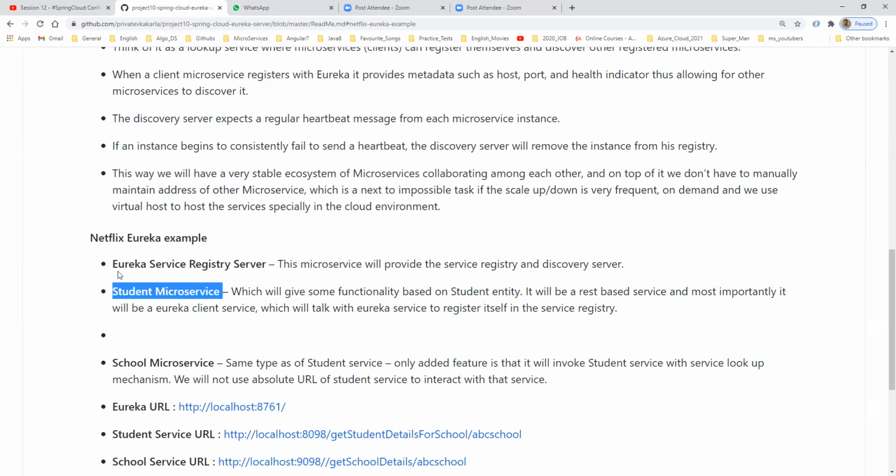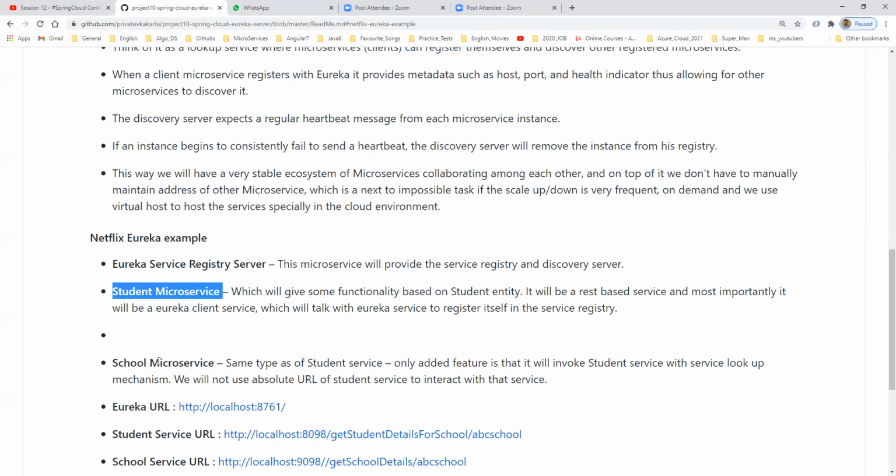But here the main focus is on how the Eureka server is working, and I'm writing all the logic in our controller only. I'm not maintaining the service layer, repository layer and all. Why? Because that is not the main motive of this class. The main motive of this class is how Eureka server is working, and how we can configure our microservice system to the Eureka server. That is what we should know from this class. So that is the reason I implemented all the logic in a controller only.